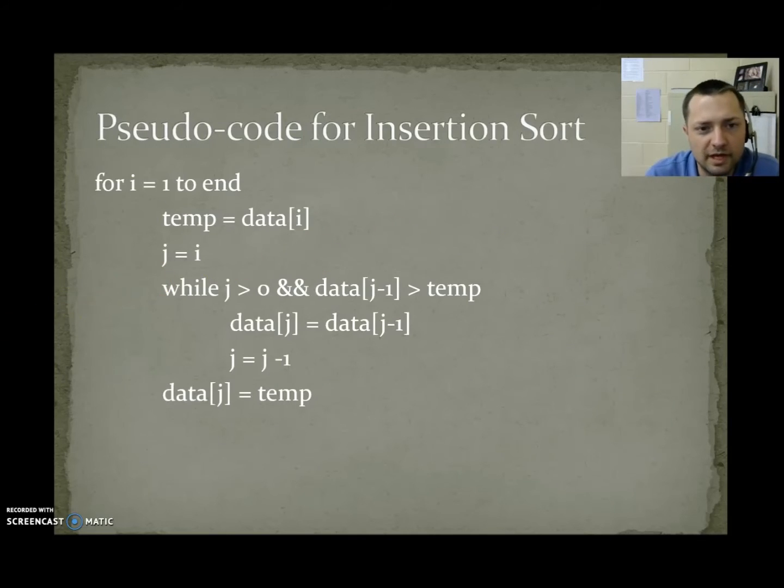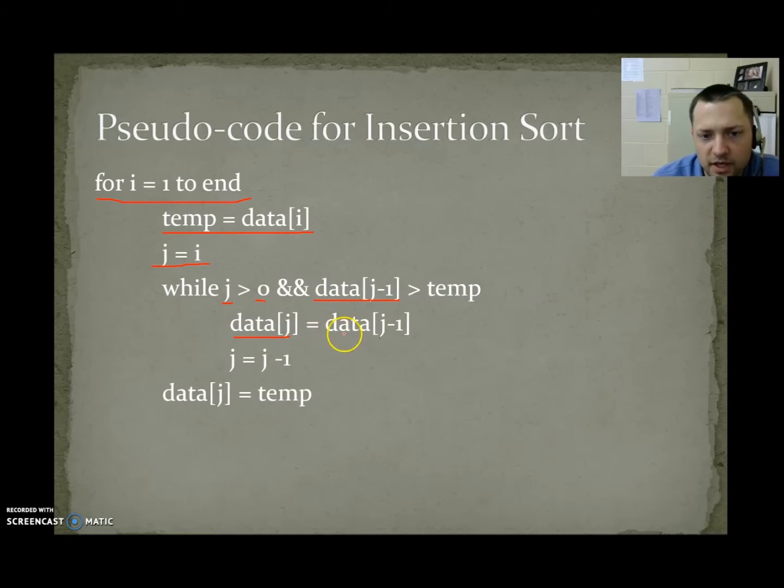The pseudocode for this is pretty complicated. So we start at position I, which is 1, and we go all the way to the end. Temp, the value that we're trying to place, equals the data at I. J equals the index that we're currently on. While J is bigger than or equal to 0, and the guy before J is bigger than the value that we're trying to place,